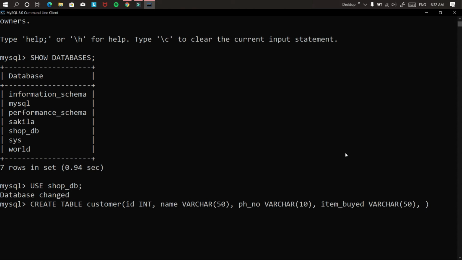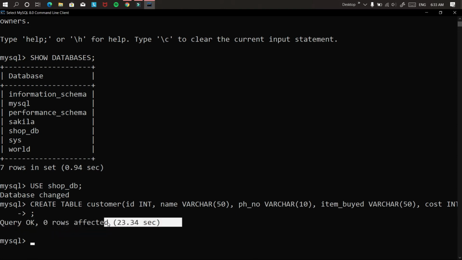And at last I have cost field, which is an integer. You can see I got the message query OK, 0 rows affected. Now my table is created.